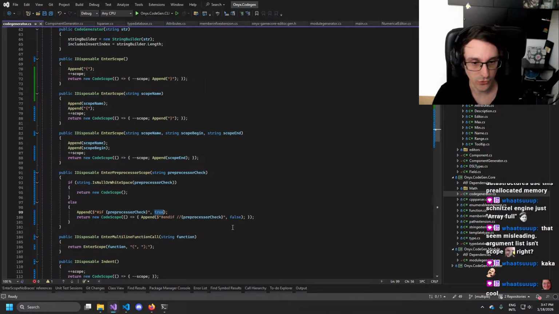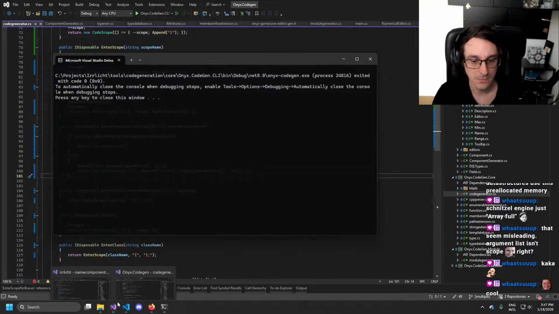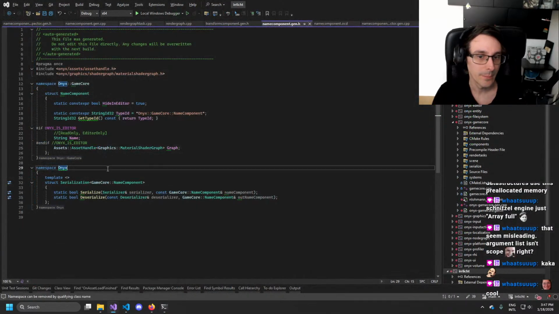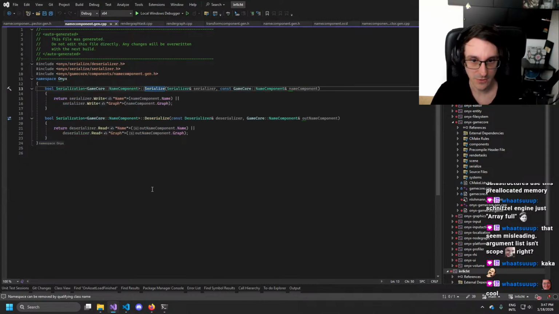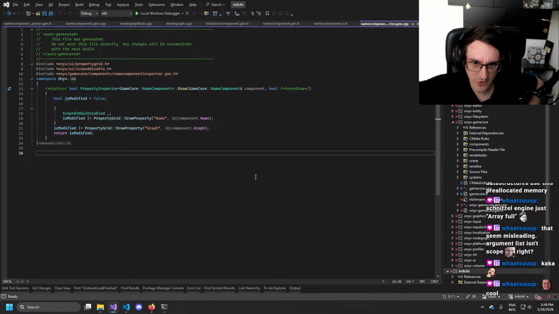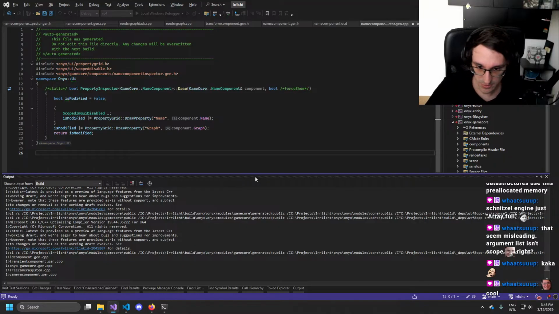Because I'm stupid, that's why. Beautiful. Did the other stuff still generate normally? That looks fine. And then let's go to the component inspector. Looks fine as well. So I think if I build that, it should still hopefully build without any problems.